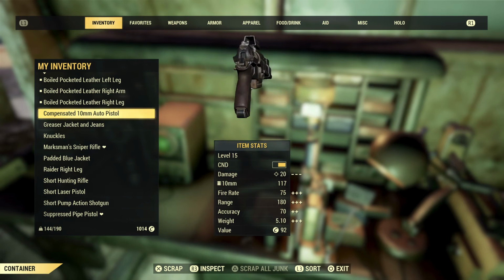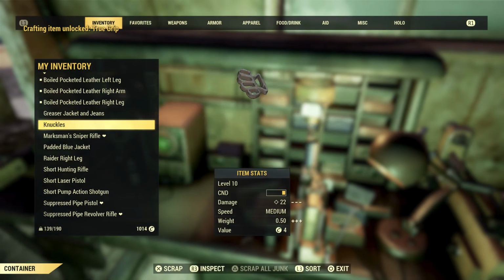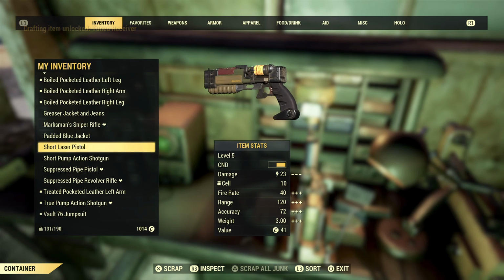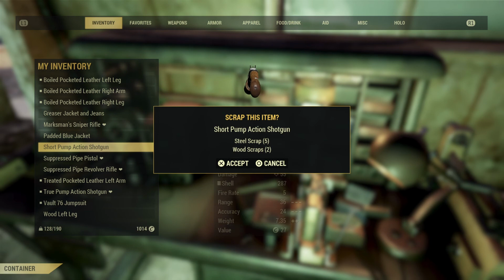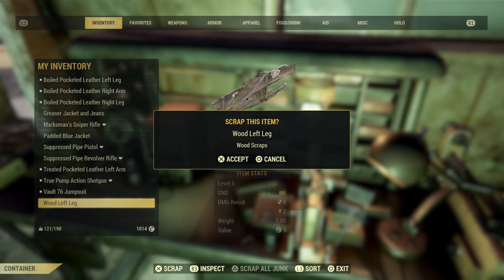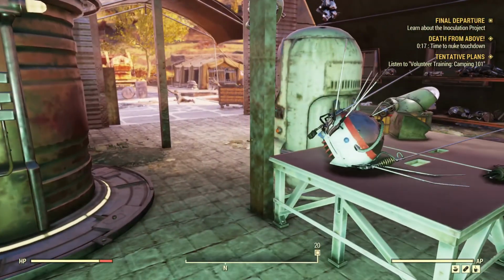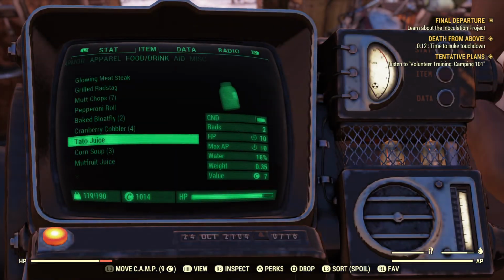That's actually a pretty decent pistol. It's level 15, so can't use it yet. So Raider right leg, maybe we get a mod. Nope. All right. Okay, on the carry weight so far. Let's not forget to